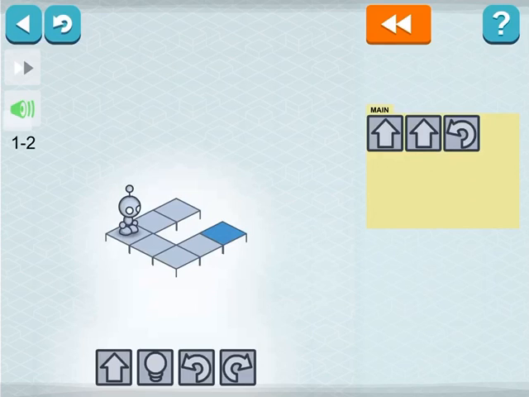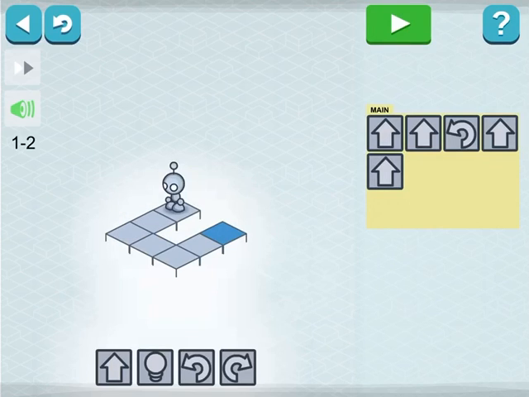Now I need to move 2 more spaces forward to get to the edge. So I'm going to tap the arrow 1, 2 times. Now that's going to move me to the edge. And watch, I'm going to press the orange box at the top. It turns green again. I can press the green arrow again, and it'll take me right to where my commands